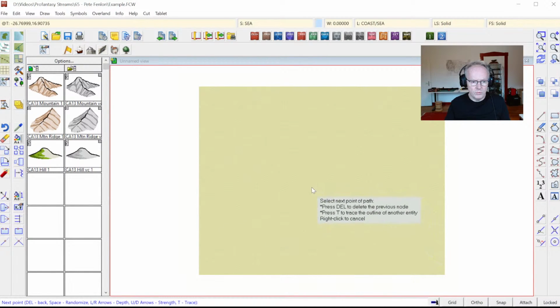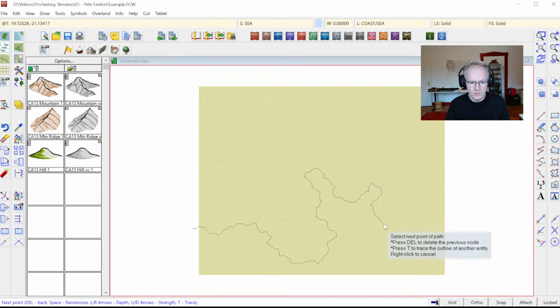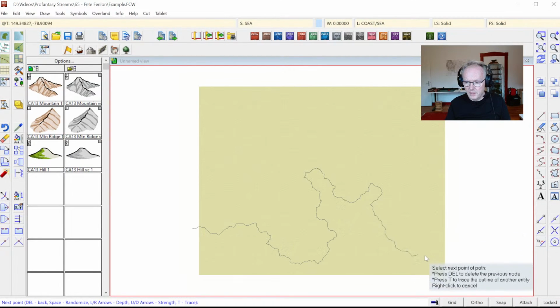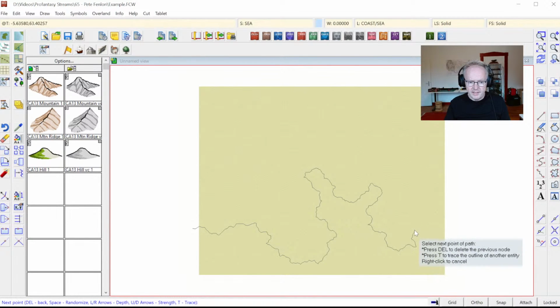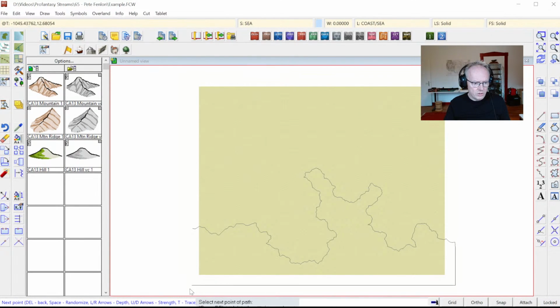Let's do a nice little bay going up here, and a second one. Each click gives me a section of coastline, for those who are not familiar with the landmass drawing tool here, and you can hit the spacebar to re-randomize the section you're currently drawing. You can also press delete to go back and redraw stuff you haven't drawn before. You can also press T to trace existing lines, but we don't have anything else drawn yet, so that doesn't make any sense. And then I'm just gonna attach the sea to the extents of the map